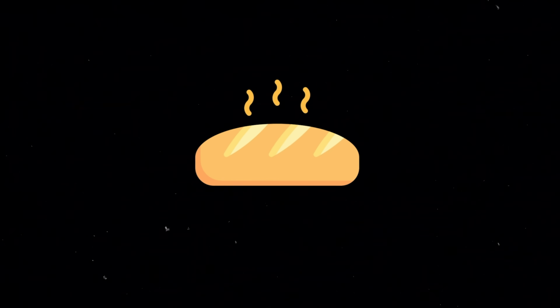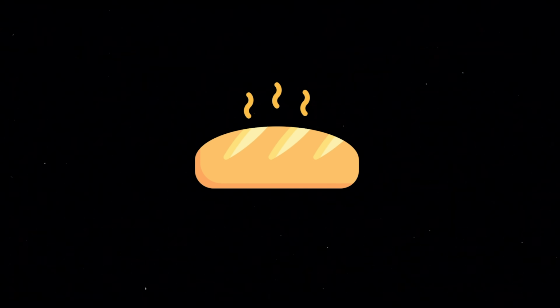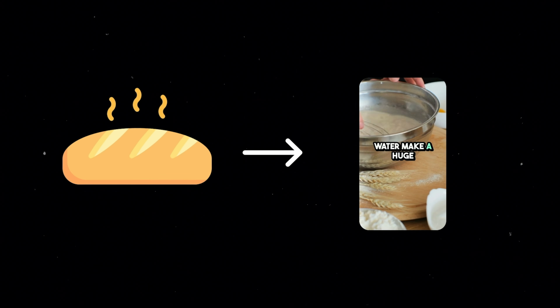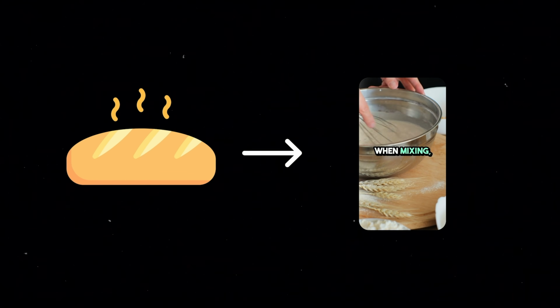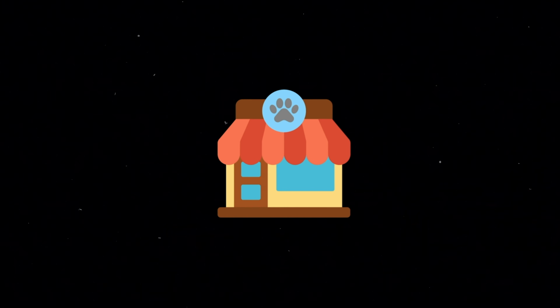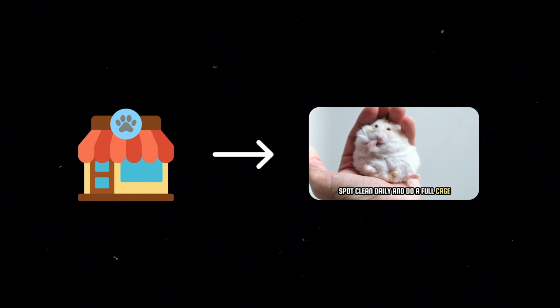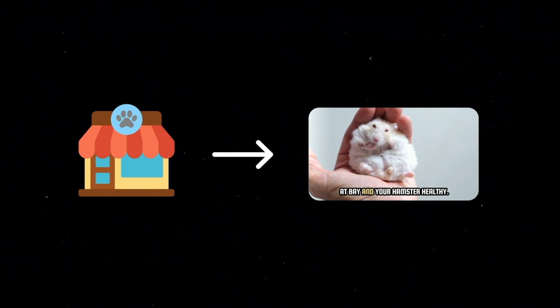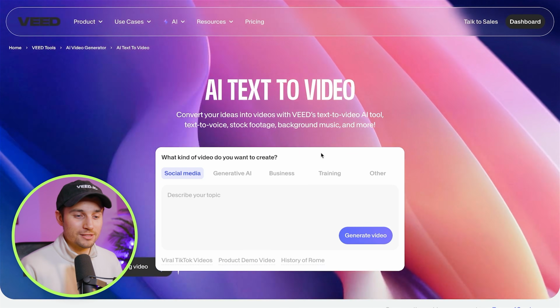Now, this tool can be very interesting for many scenarios, right? I mean, think of any business or any training idea. For instance, let's say you have a bakery and you want to get more exposure for your business. You can create videos giving tips to people how to make better bread. Or let's say you have a pet store and you want to give people tips how they can take better care of their hamsters or their dogs. That's what we're going to do in this video. I'm going to show you this example.